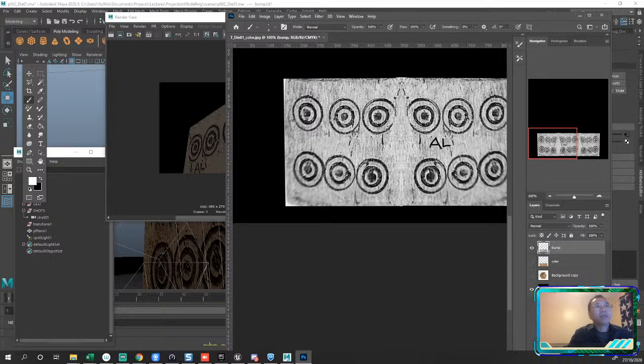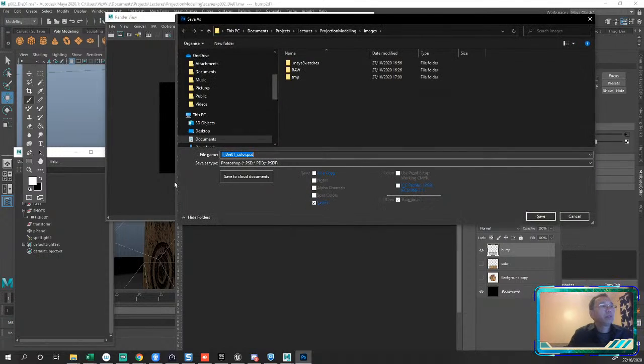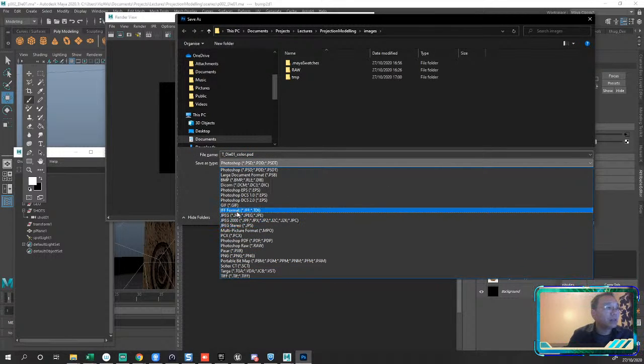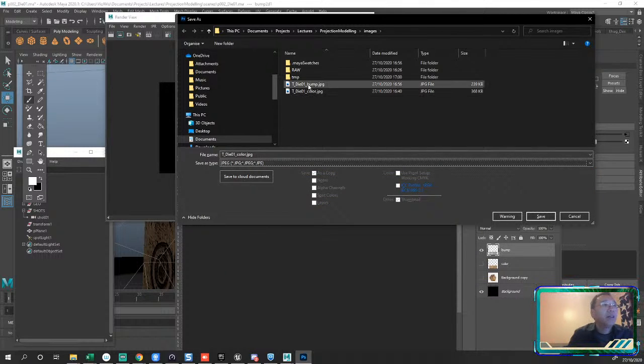All right, so I'm going to save this off as a specular map. And I'll talk to you about what a specular map is. And this time I'll remember to plug it in. So here I'm going to call this specular, right? And we'll save that